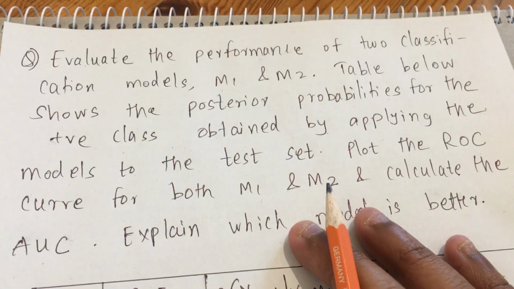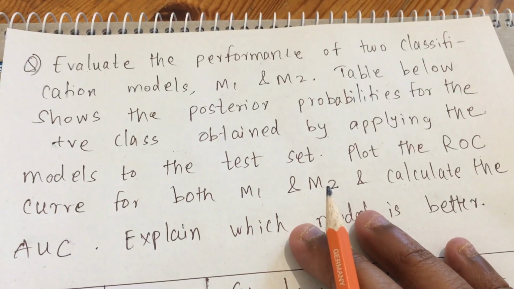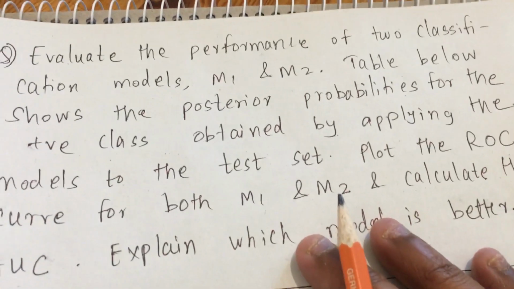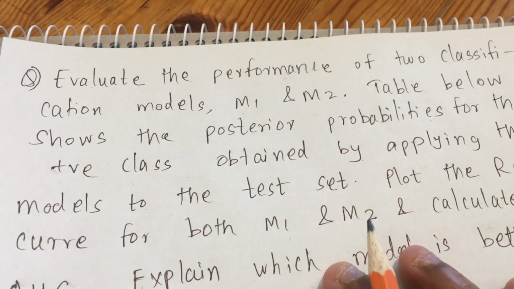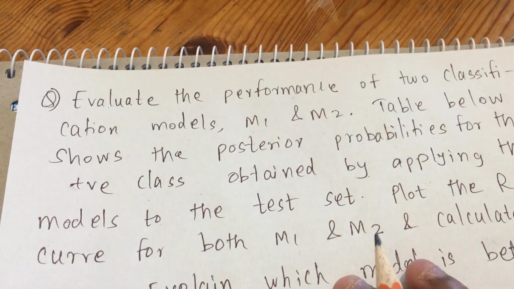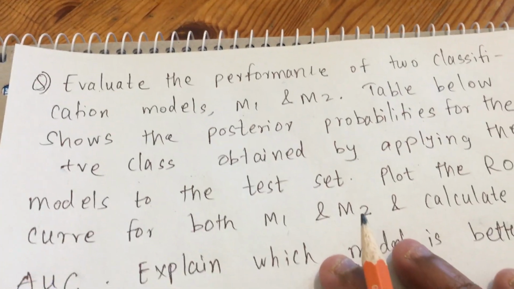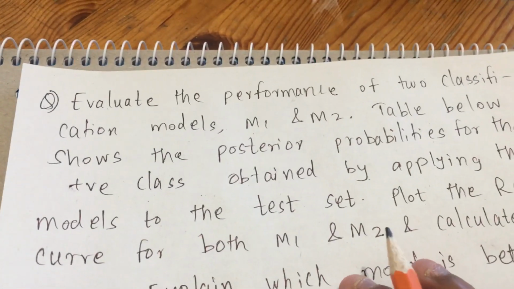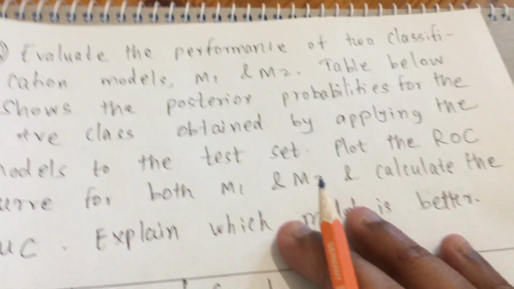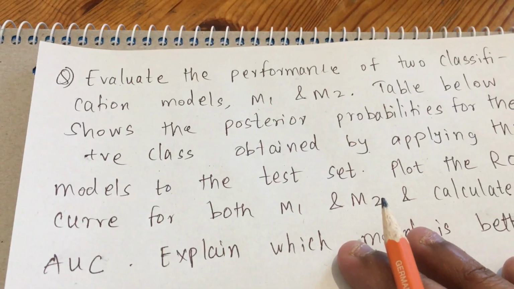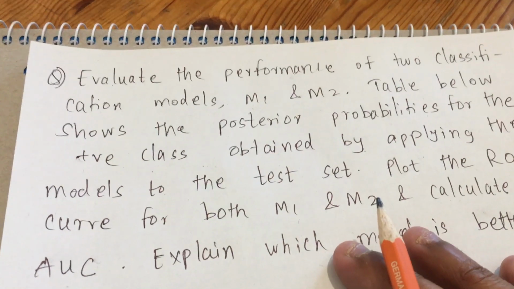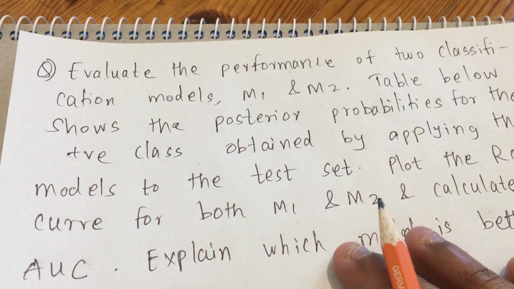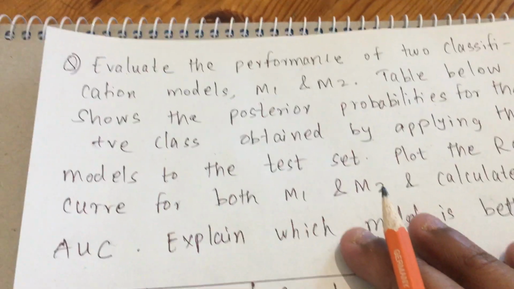So today in this video we'll be solving a problem based on the ROC curves and the AUC curves. So we'll see first what ROC and AUC curves are. ROC basically stands for receiver operating characteristic curve, and it's used as a graphical approach for displaying the trade-off between false positive and true positive rates. Means when you have a ROC curve, on the x-axis you will have the false positive rates, and on the y-axis you have the true positive rates. So likewise we solve this problem.